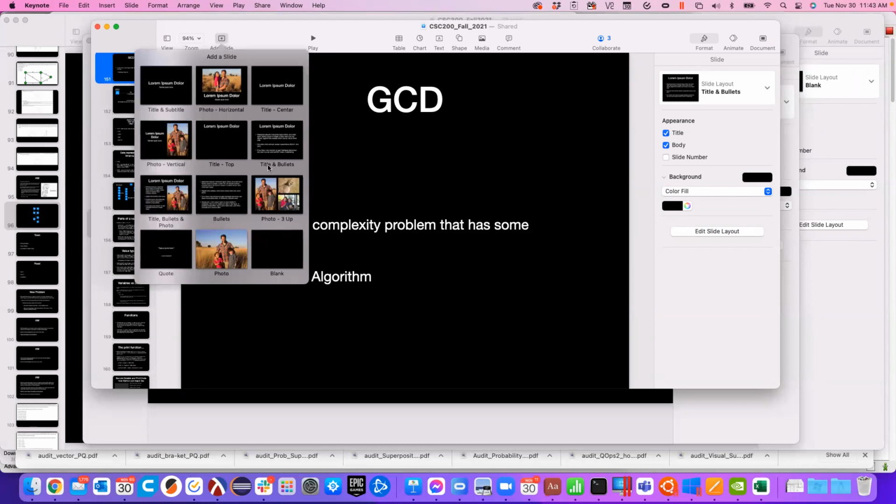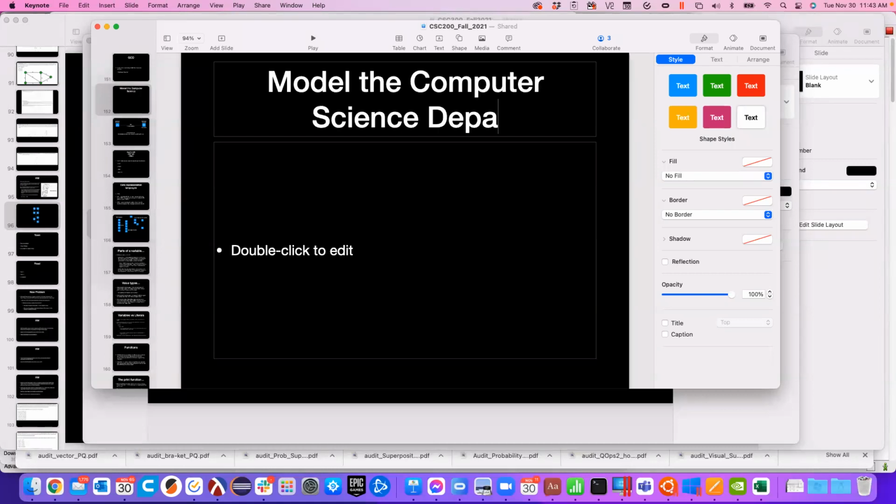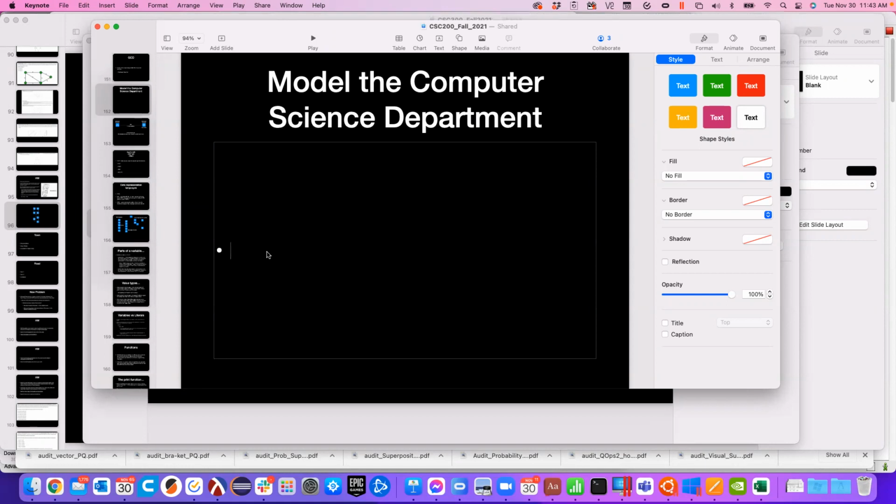So what we're going to do is let's assume we want to model the computer science department. All right, so we're going to model the computer science department. And what does that mean? So what is this department made up of at its root level? So let's say we have rooms, right? We have rooms, and then we have doors connecting rooms, exits connecting rooms, however you want to think of it. So the computer science department is a collection of rooms